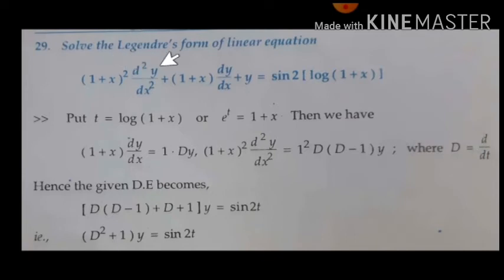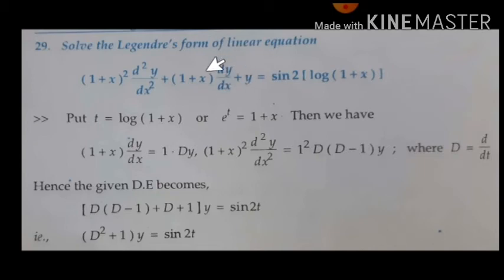It is important that they will not tell that the given differential equation is Legendre. You need to identify that the differential equation is of Legendre form. Then, with the standard substitution, the procedure for simplification should be applied. So now observe the given differential equation, along with dy by dx.